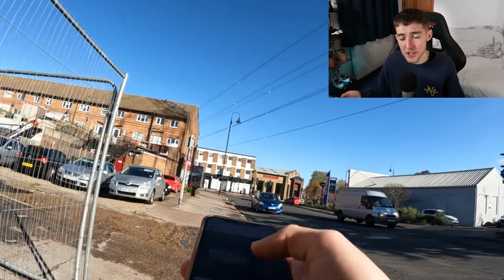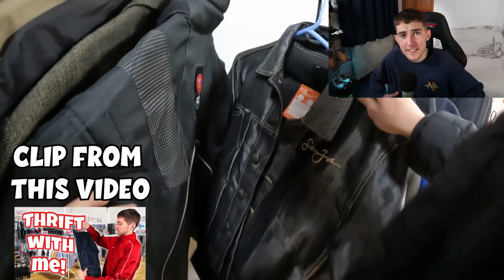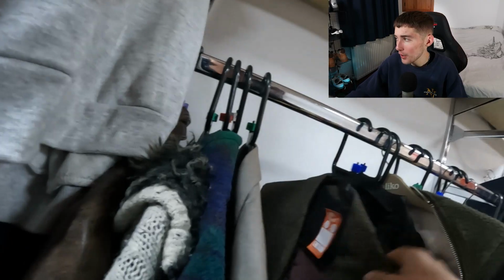But while I debated it in my head, I headed round to the Eleanor charity shop in hope that they still had that Sean John two-piece that we found last week. Can't lie, this was probably the biggest reason I went to Crayford. But unfortunately they did not. The only half interesting thing was this Nike sportswear t-shirt, but apart from that it was pretty dry all the way around. But it gave me enough time to make the decision to go back and get them Dickies shorts,